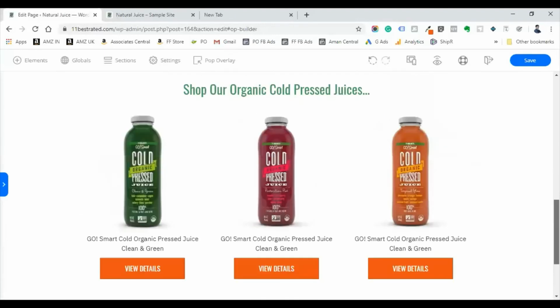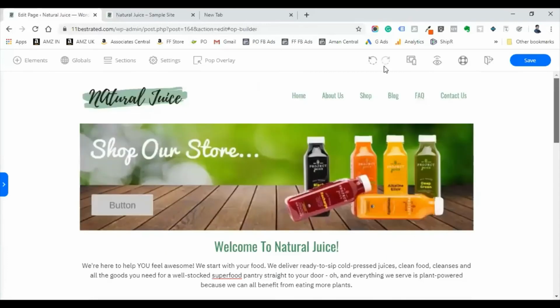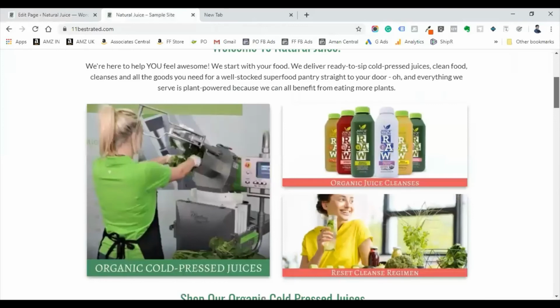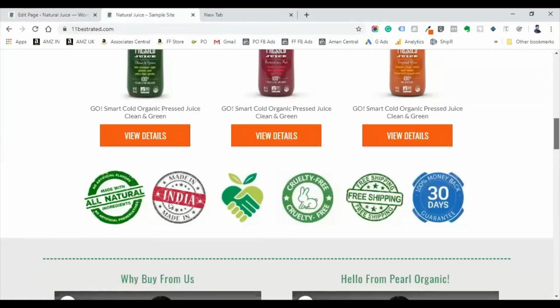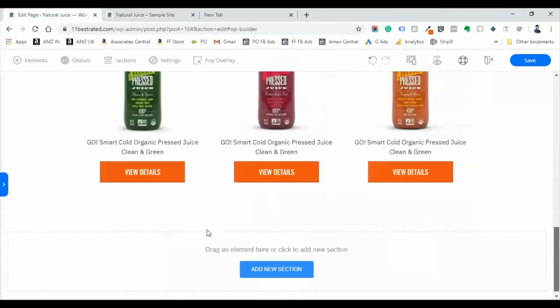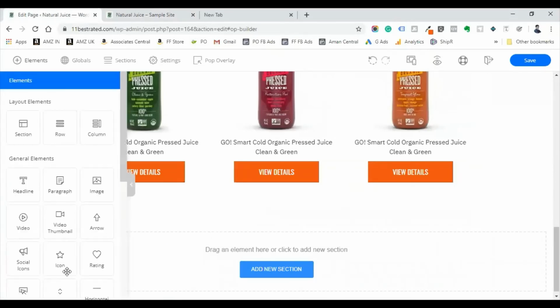Yeah, now we have created more than half of this page. Now again we have a 3 column. We are going to add these images. To do that, you can go to element, add image,